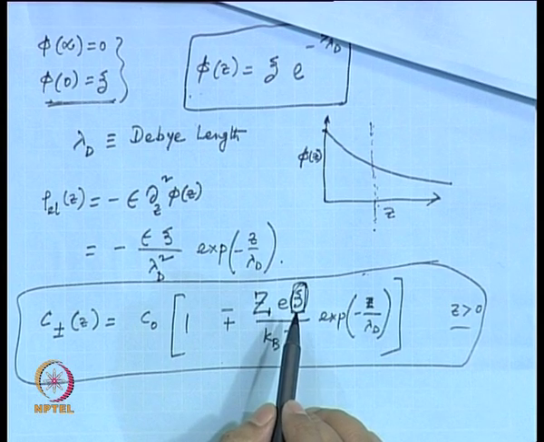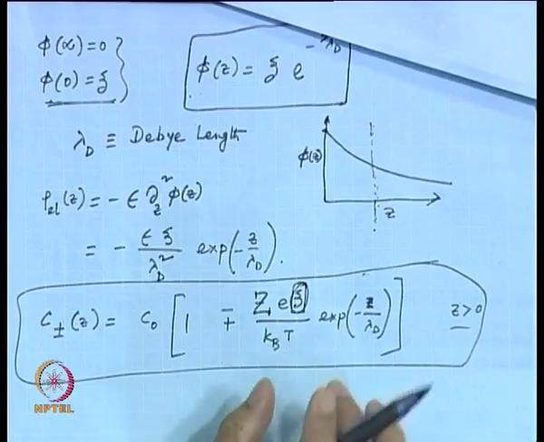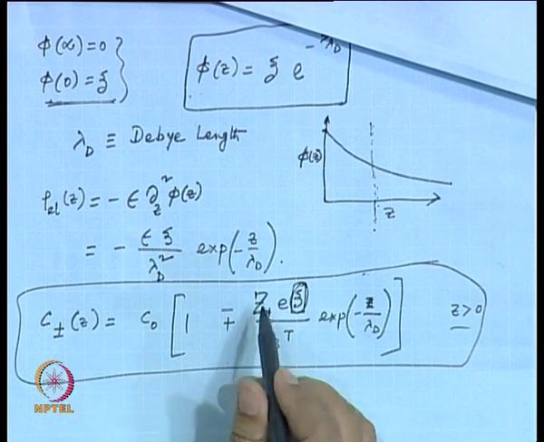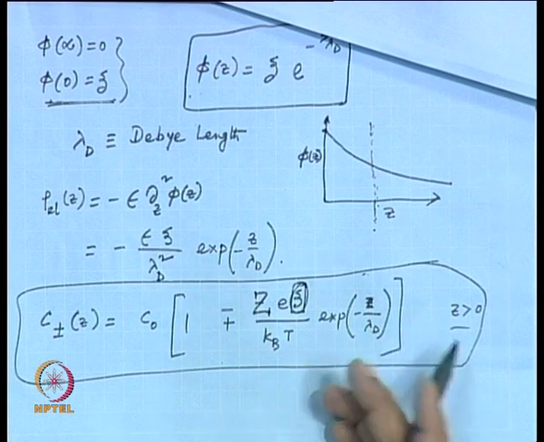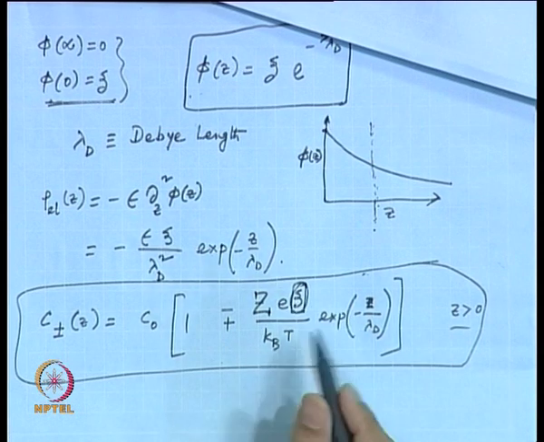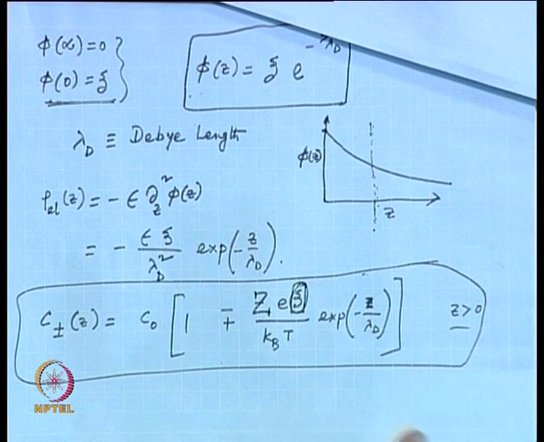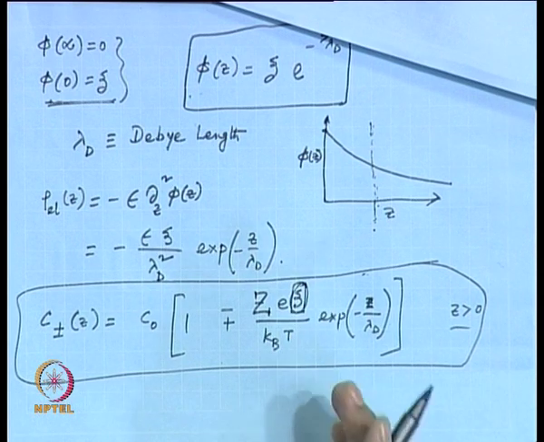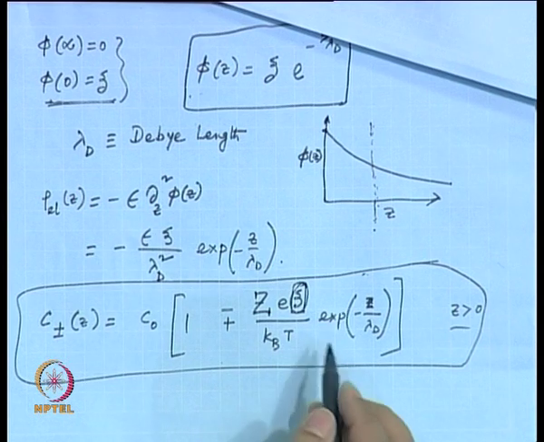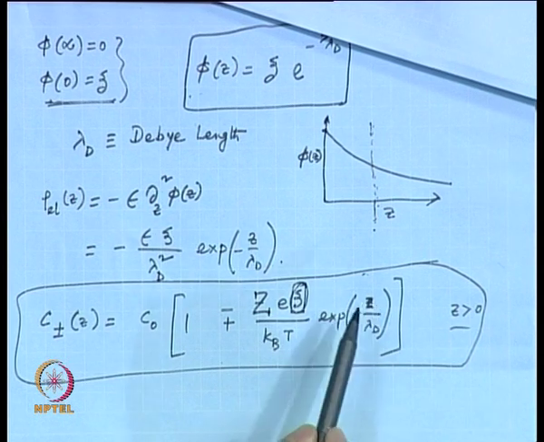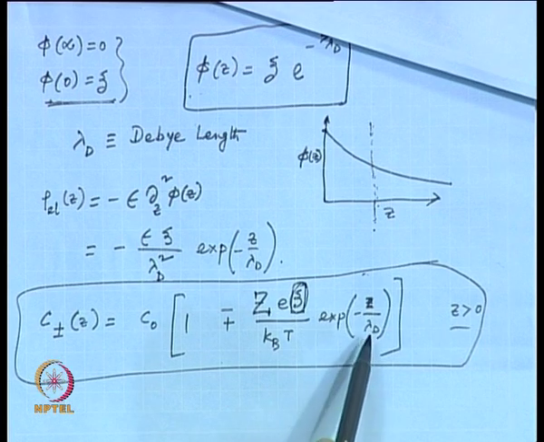So, when you pick up a wall, when you pick up an electrolyte, this zeta is a property of the system you have. This z is valence number, whether you are working with NaCl or CaCl2, it would be 1 or 2, it depends on that. Kb is a Boltzmann constant, you can figure out what that is. T is the absolute temperature in absolute scale, exponential minus the distance away from the wall, and lambda d is